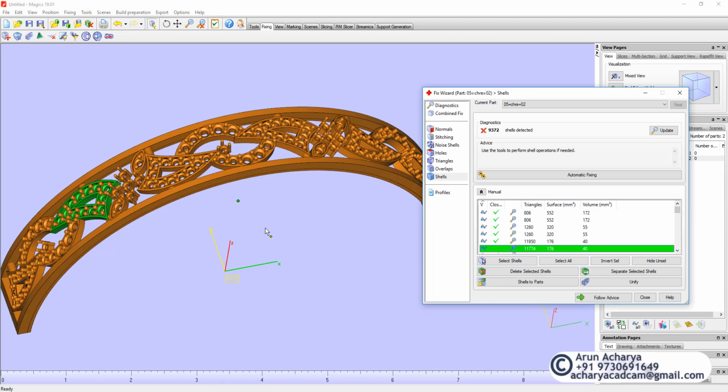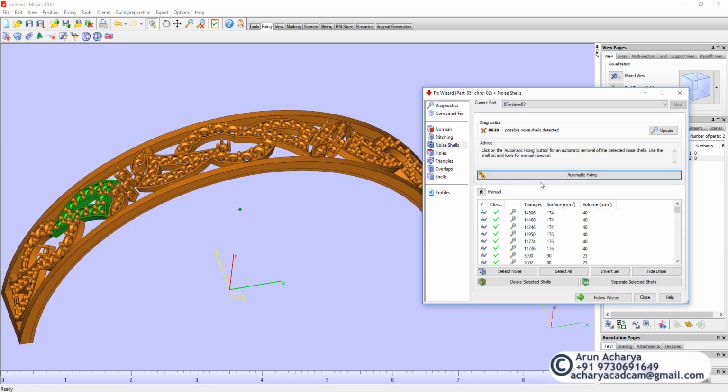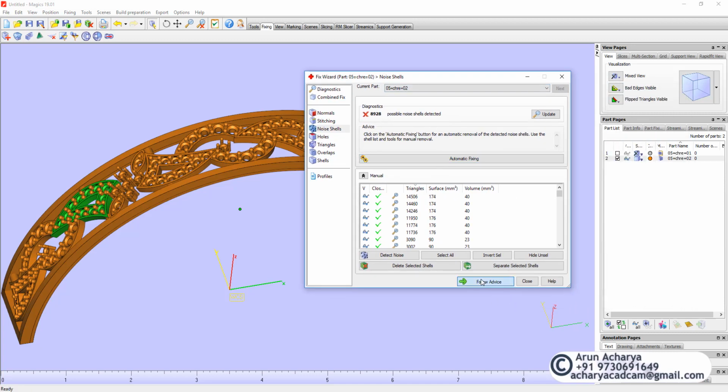Once you click on Fix Wizard, you click on follow advice, and then it should give you a result like inverted normals detected, bad edges, contours, and so on. You can see all these things in the report. The only things we don't have to take care of are these two, so you just unmark them. You make sure these are unmarked, and for the rest we click on follow advice, and we click on follow advice again,